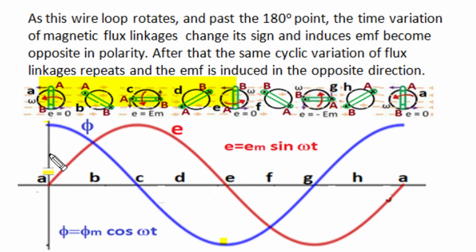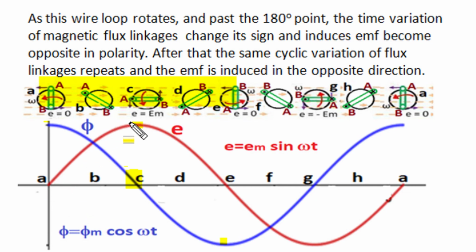So from A to E, it continuously decreases at different rates of change with respect to time, and accordingly, as per the rate of change of flux linkages, the induced EMF is the negation of d phi by dt. d phi by dt from A to E is negative, and the negation of that, the induced EMF, is positive from A to E. And at C position, when instantaneously the flux linkage is zero, the rate of change of flux linkages was maximum, and the induced EMF at position C is maximum.